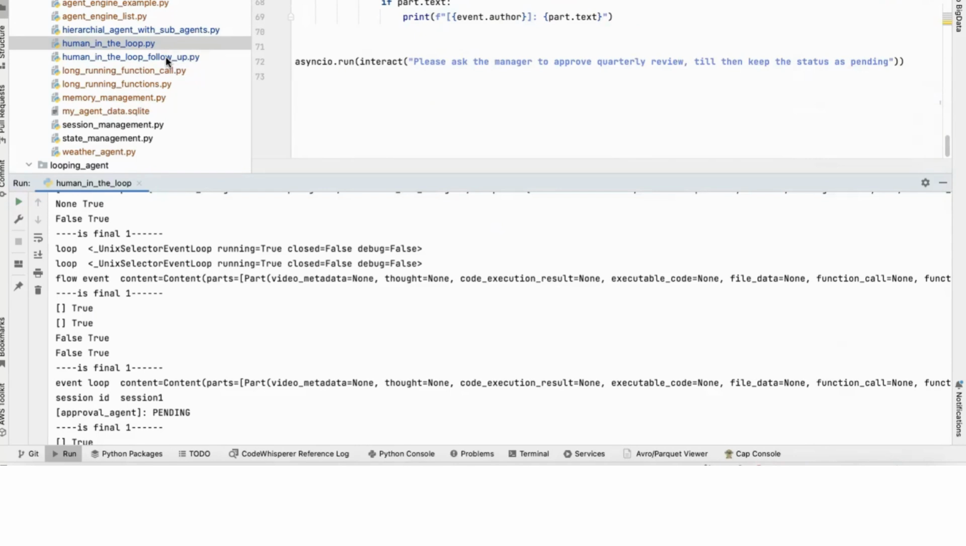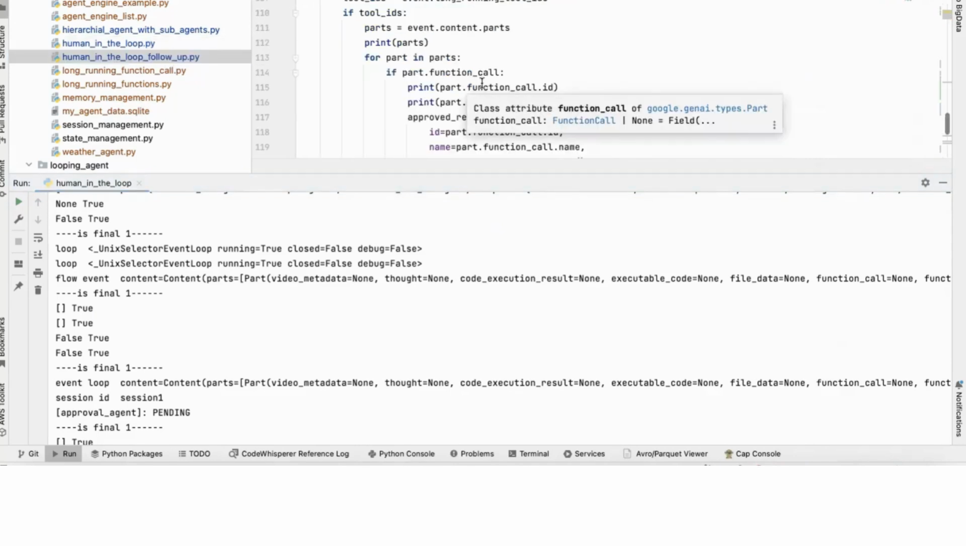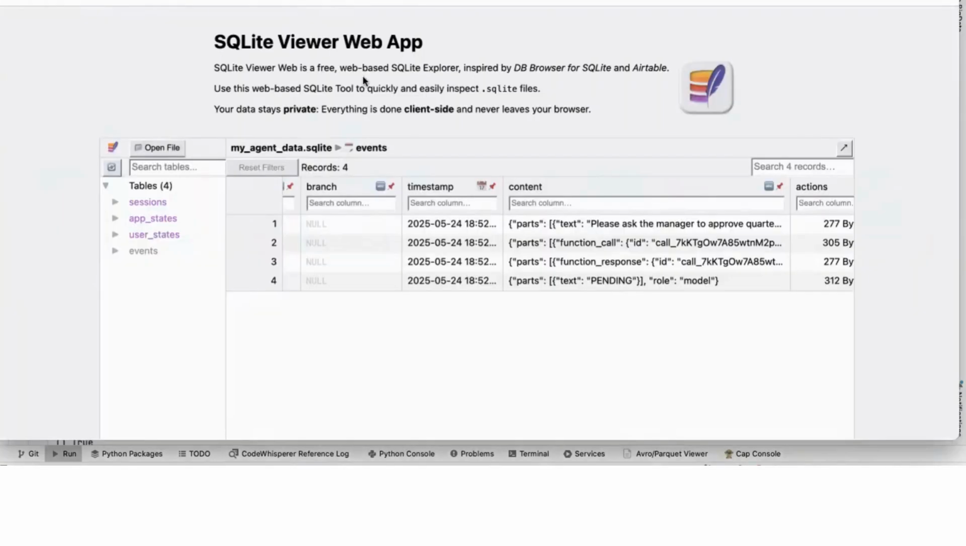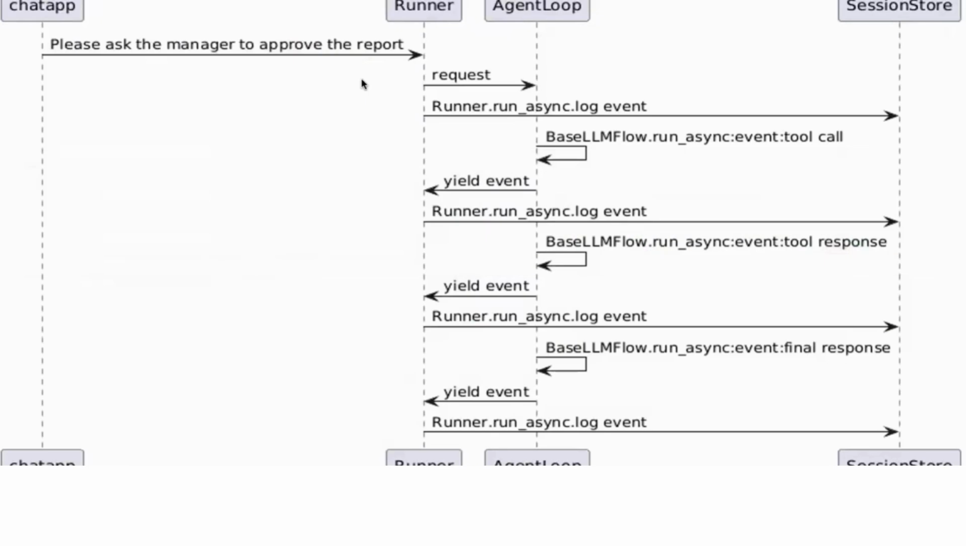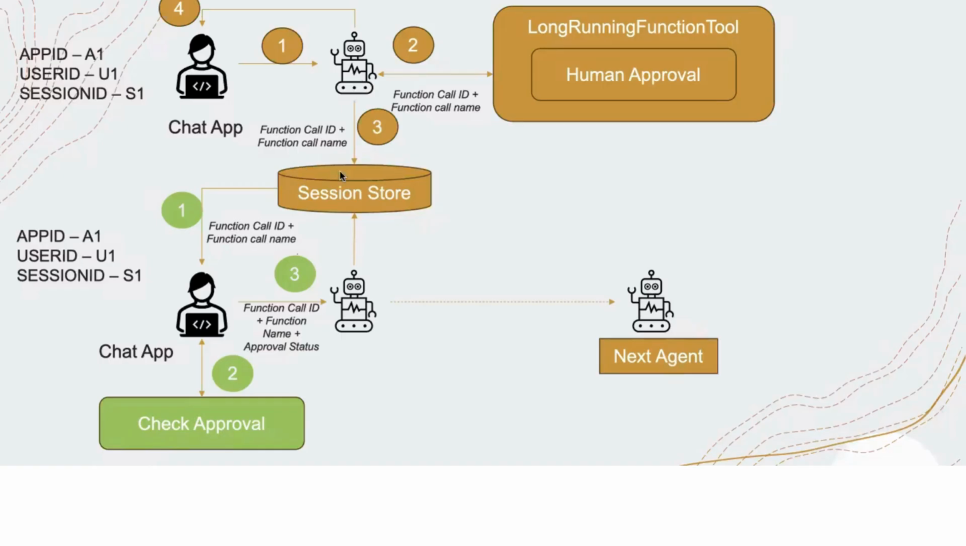Now let's do the follow-up. In this one, let me go back to the second one. Now this part, right? As I mentioned, from the session store, I'm getting the same function call ID and the function call name. From the check approval, I'm getting the status of the request, adding it to the approval status, and then sending